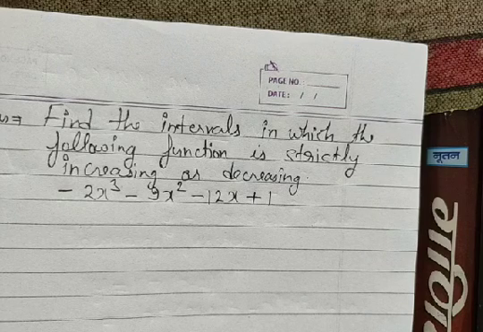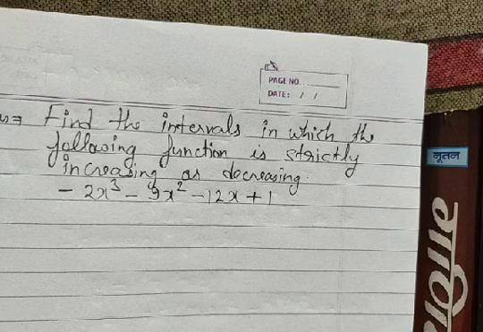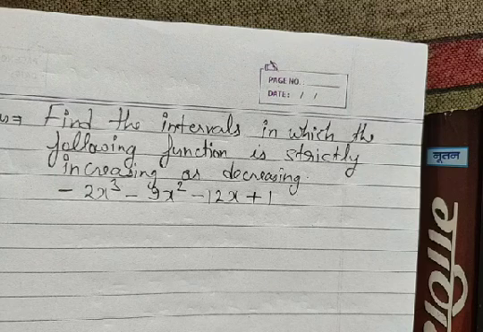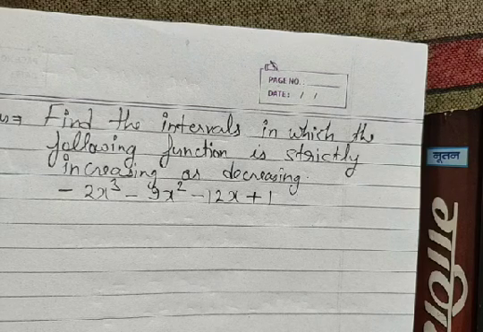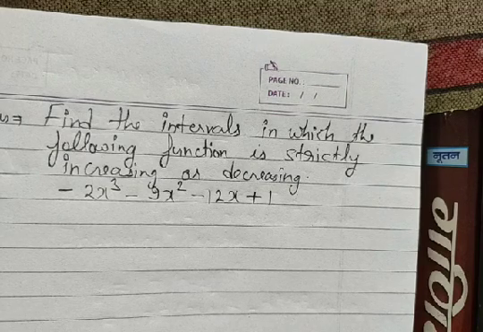So again the interval there. Again, our same process here. We are going to find its derivative first. Then after that we are going to equate our derivative to 0 to get the points. Then after getting the points, we are going to put the points on the real line and get our intervals. Then in the intervals we are going to check the sign of the derivative, whether it's positive or negative. Then our answer is whether the function is increasing or decreasing in that interval.